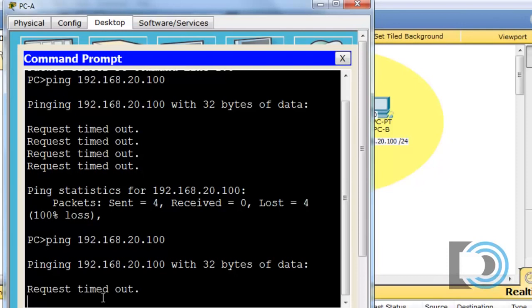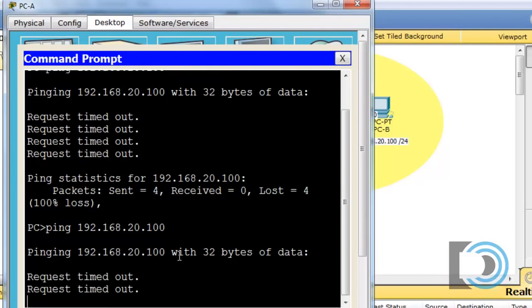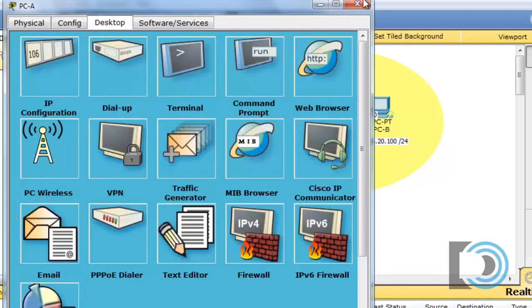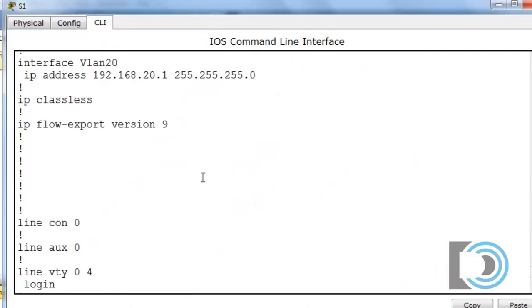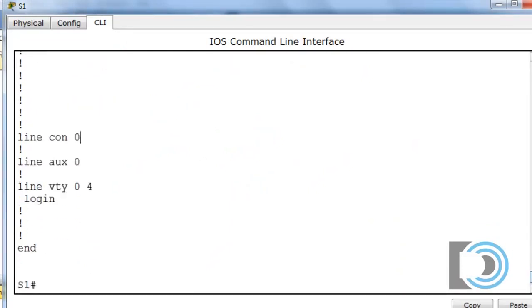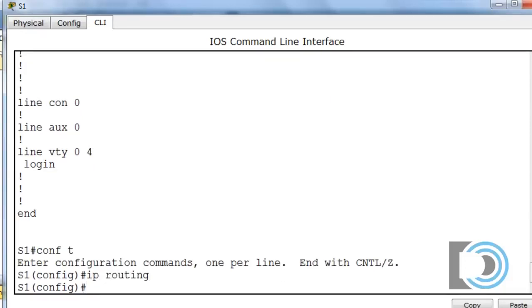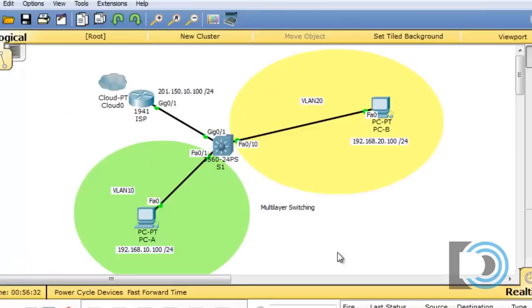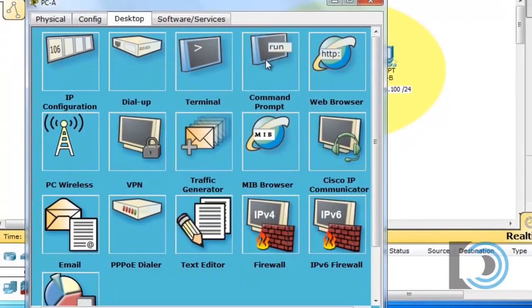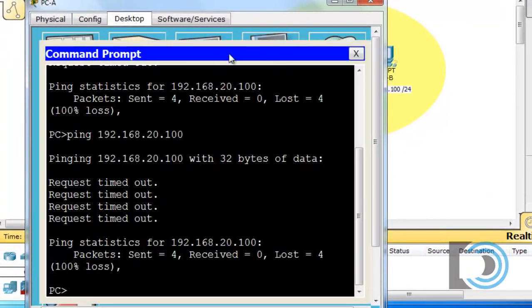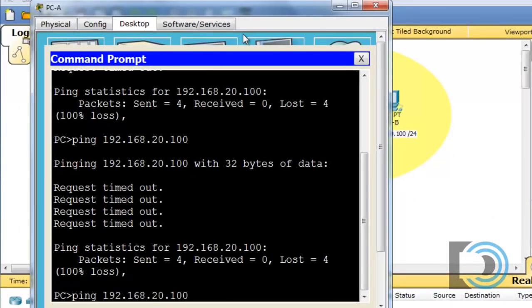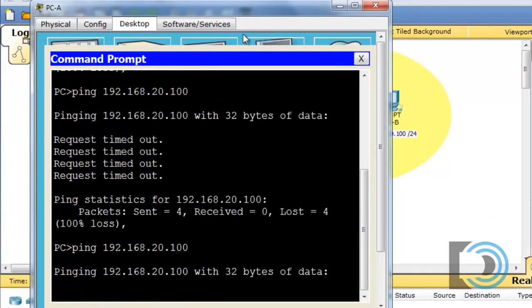To get the multi-layer switch to start routing between the two subnets, what I need to do is, I'll just get out of here. Let's go back into the switch, get to global config mode, and type in the command IP routing. Now it should work. We'll go back to PCA, go back to the command prompt,